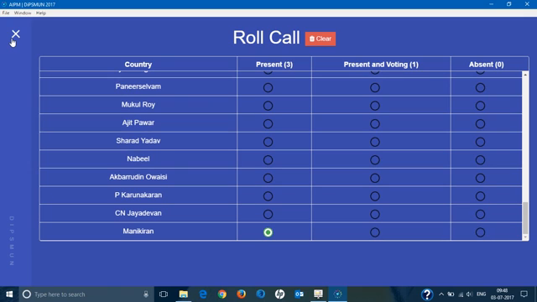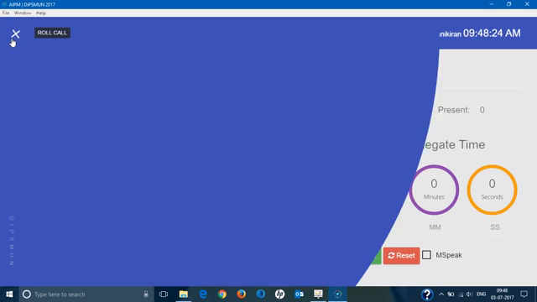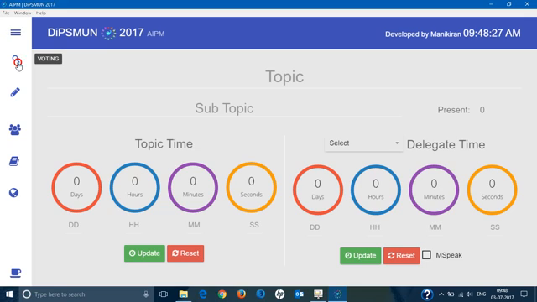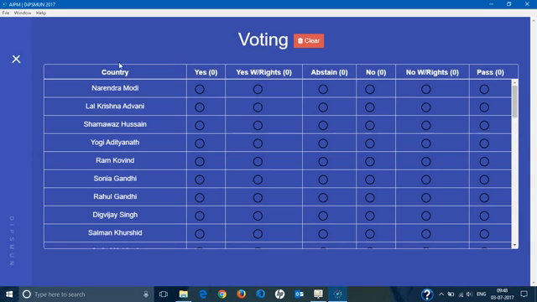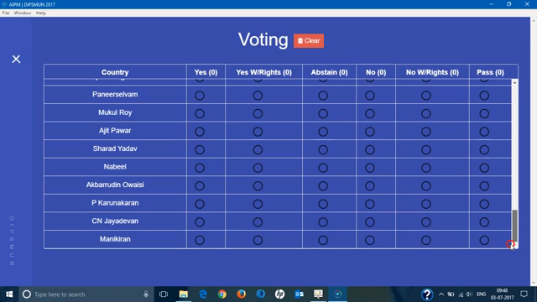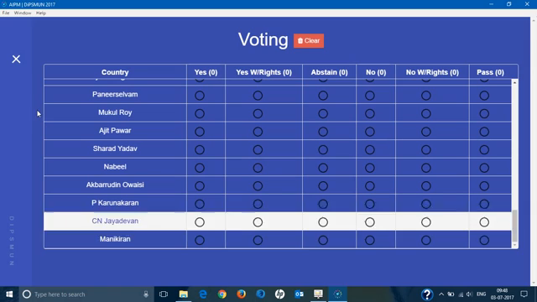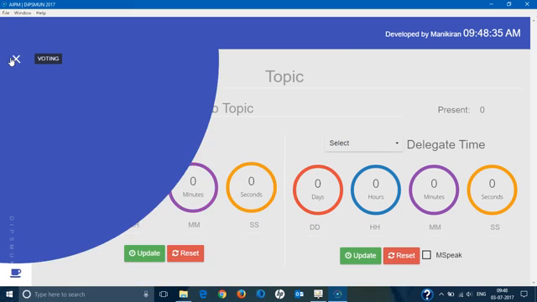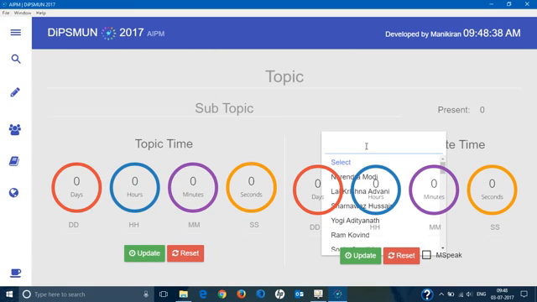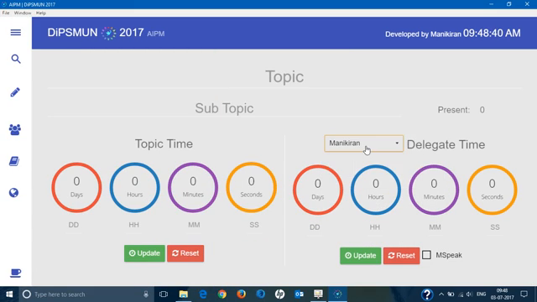So it's very easy to use, and you have your voting similar to that of roll call. It's updated everywhere, right? And you can also see the changes here too. Alright,